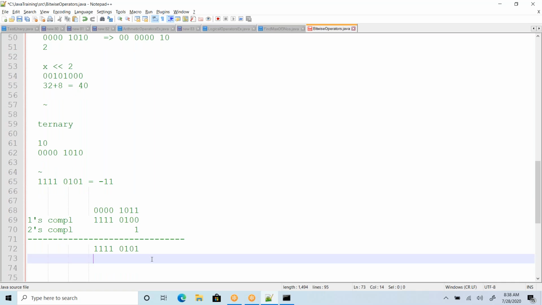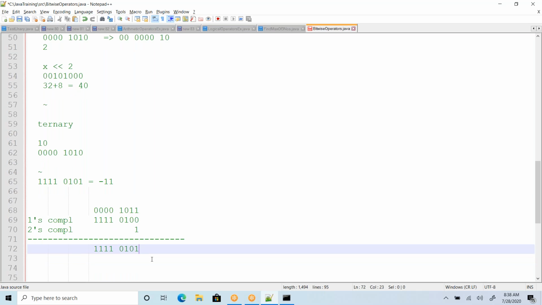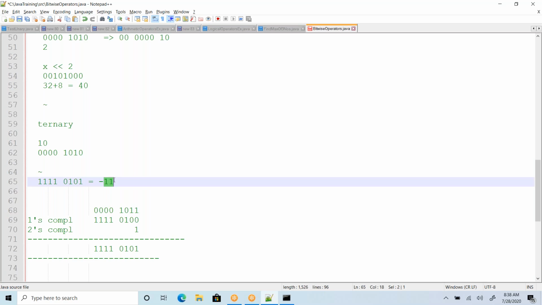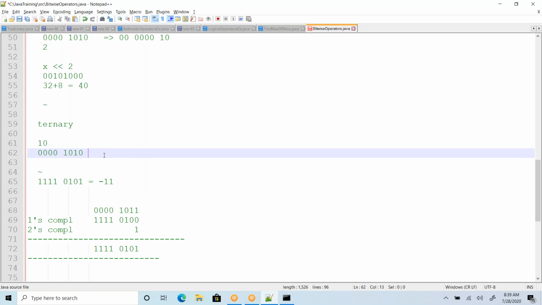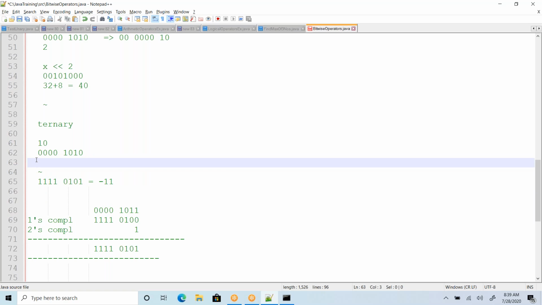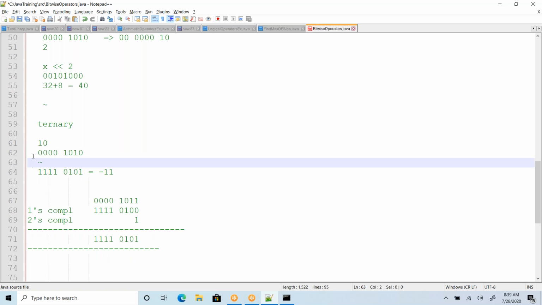So we don't have a way to store negative values in the memory. What we do is take the 2's complement of the actual number, which is nothing but the negative value. When you flip the 10, you are going to get this. That's how it arranges.